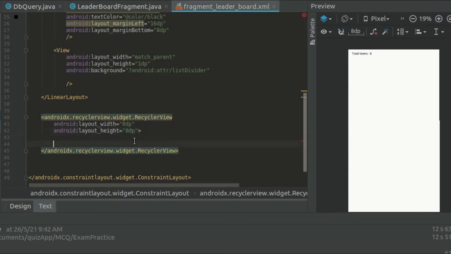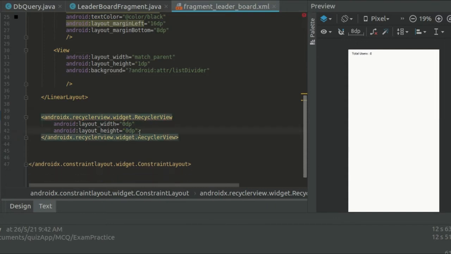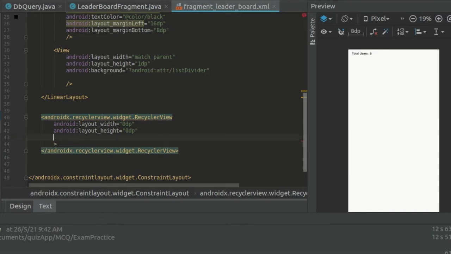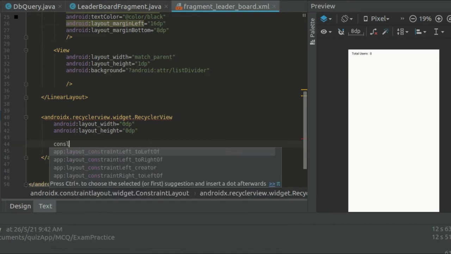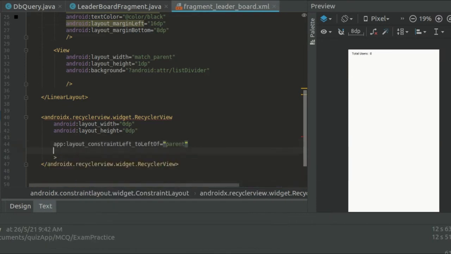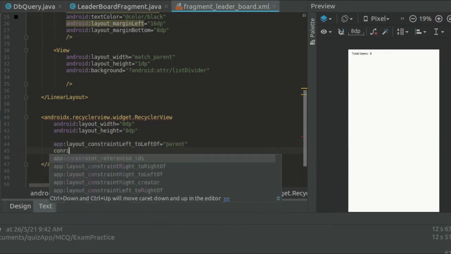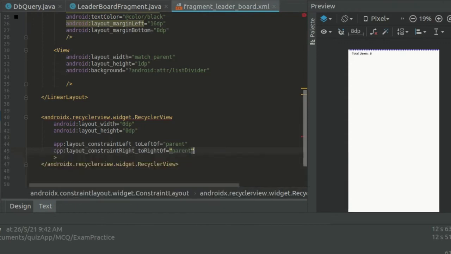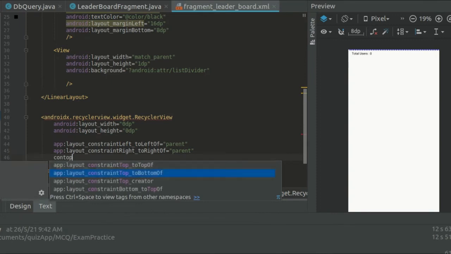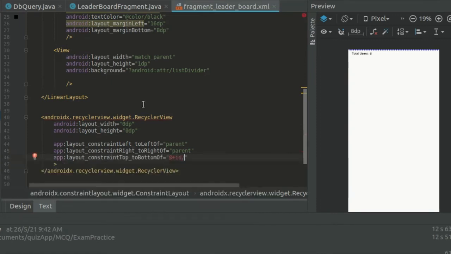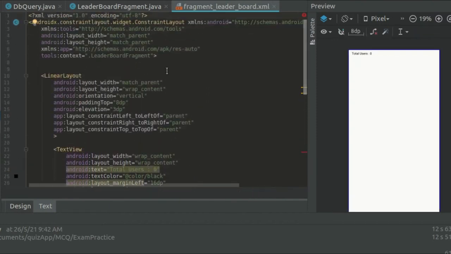Not in this, here after this bracket, constrain it from left to the left of parent and right to the right of parent, and then constrain top to the bottom of the layout that we have created above, this linear layout. Give it an ID,